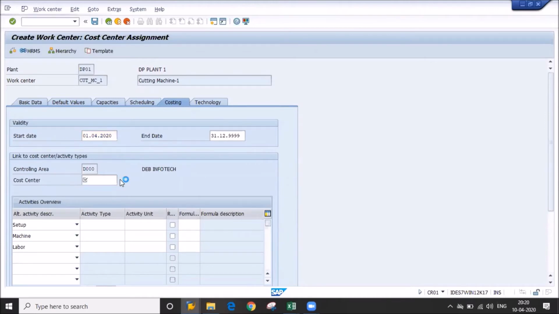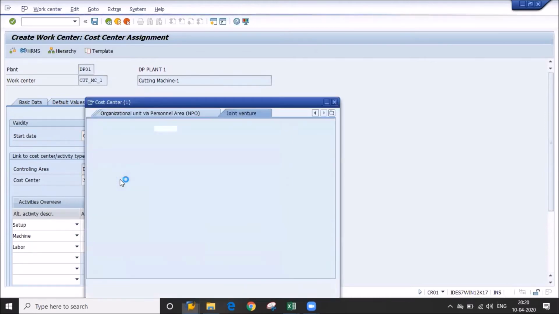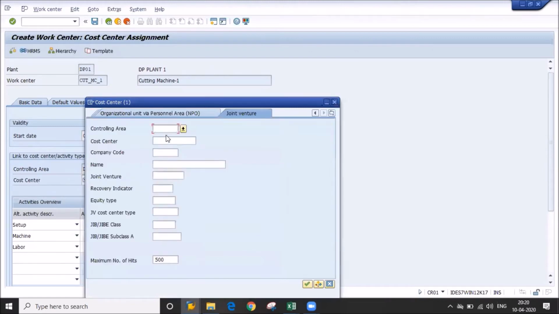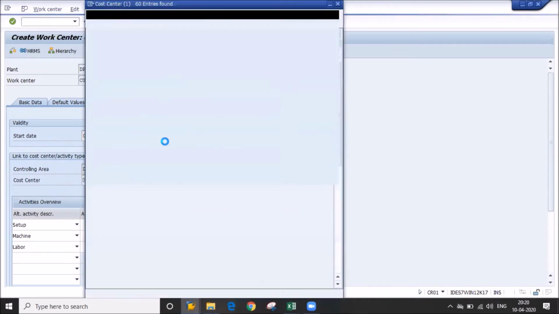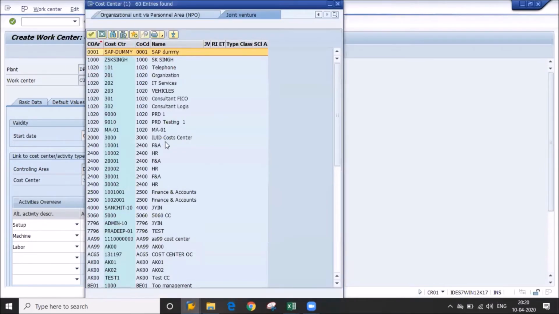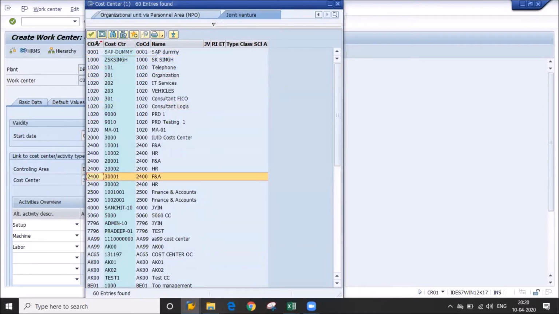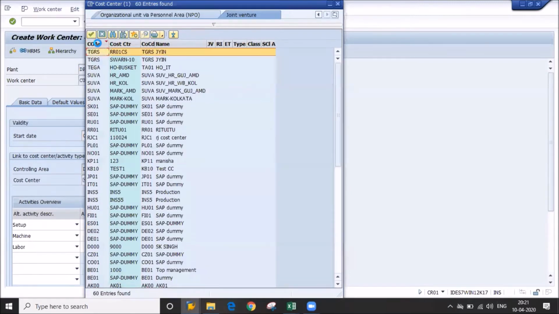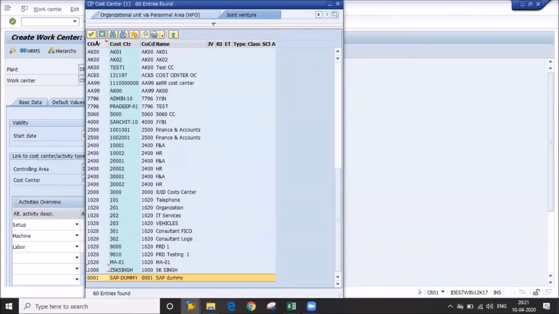Before creating the work center, that is one master data, you have to ask your team, your costing team or CO consultant, please provide the cost center.